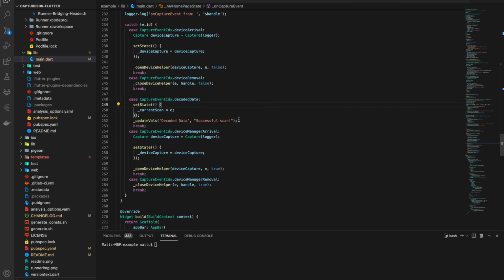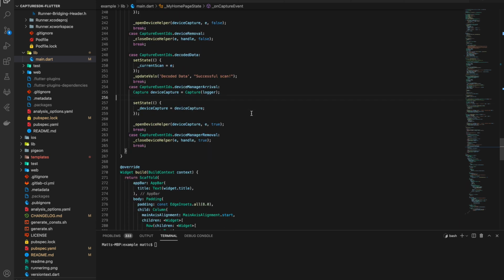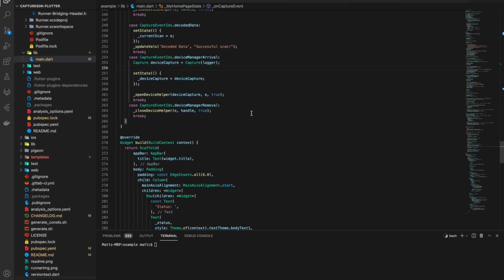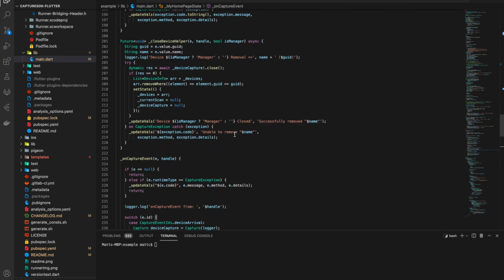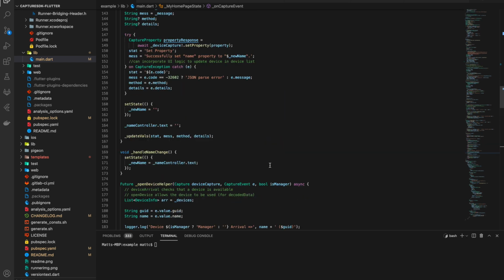Yeah. We have other ones that are for S550 scanners for device manager. It's essentially similar to device arrival and device removal, except the device manager basically can handle different devices as opposed to just a singular device on its own. Okay, so we're pretty much done with that. Oh, I almost forgot. So now that we've covered the different events, let's talk about